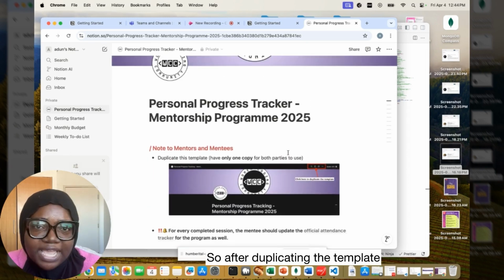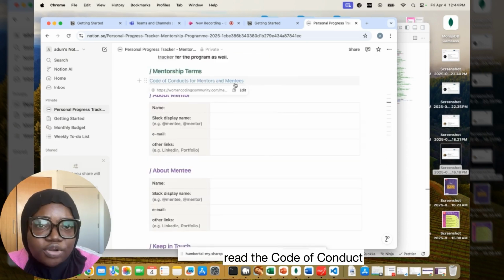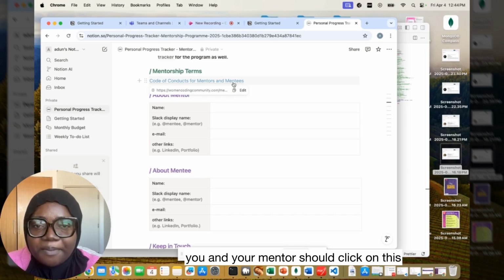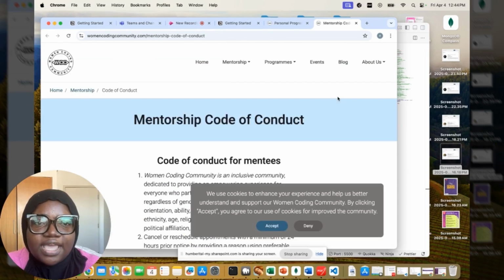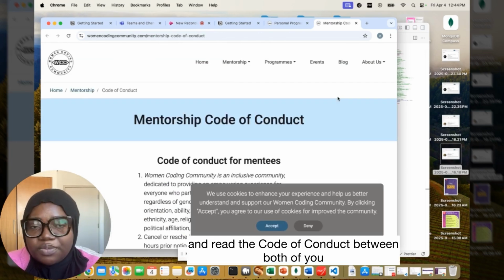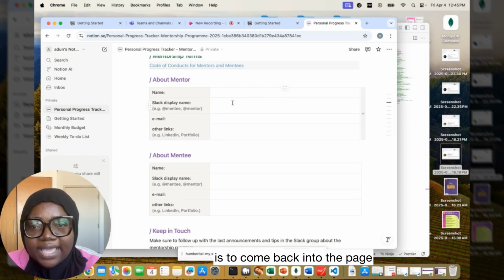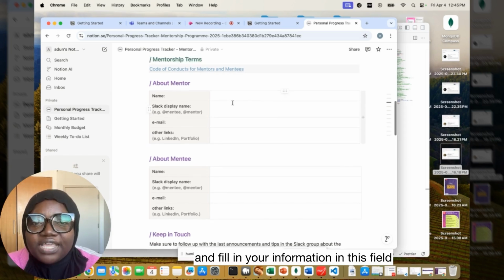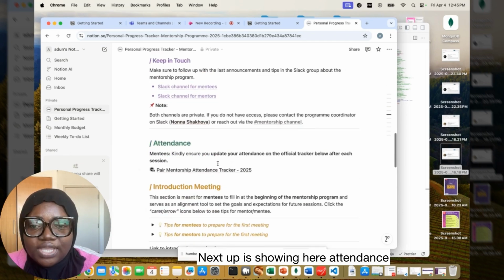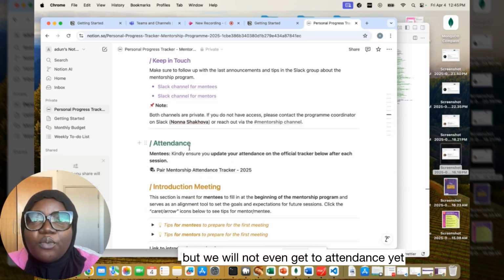So, after duplicating the template, read the code of conduct. You and your mentor should click on this and read the code of conduct between both of you. Next step after reading the code of conduct is to come back into the page and fill in your information in this field. Next step is showing here attendance, but we will not even get to attendance yet, because